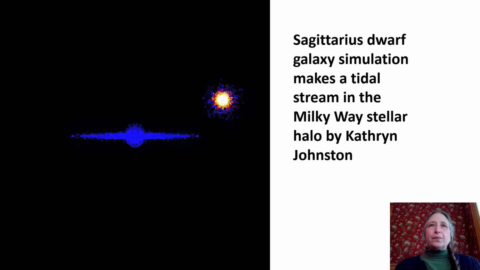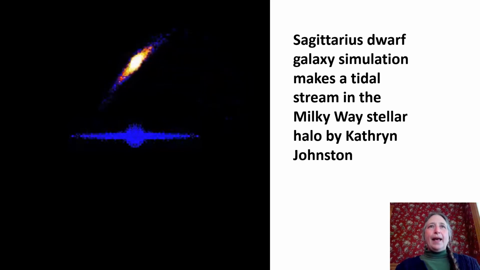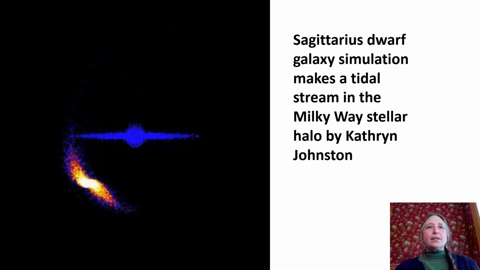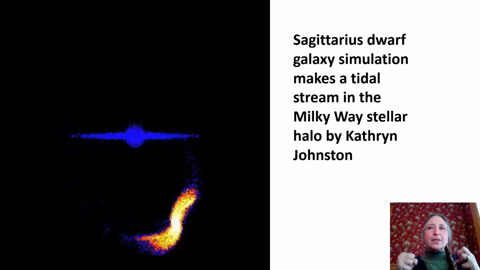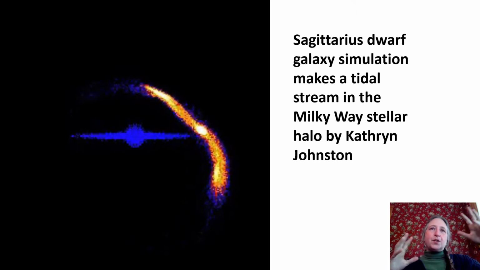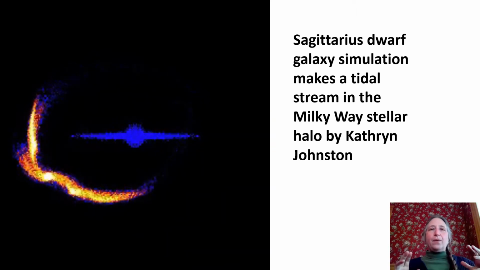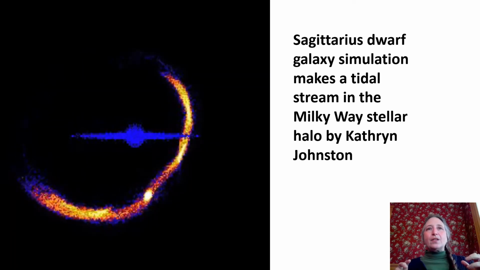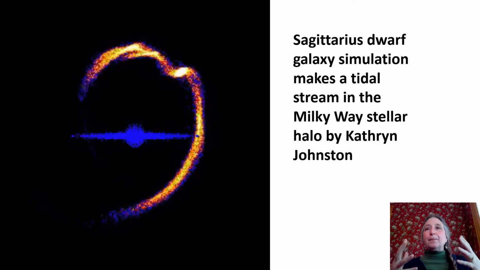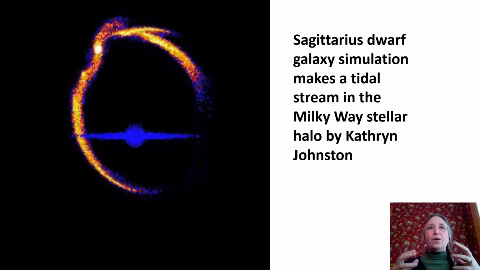Now we're going to throw in a small dwarf galaxy on a fairly circular orbit, and the gravitational tidal forces of the Milky Way rip the stars off the dwarf galaxy and they spread out into these very long streams which can circle all the way around the Milky Way. And in fact, the stars in these tidal streams become part of what we call the stellar halo of our